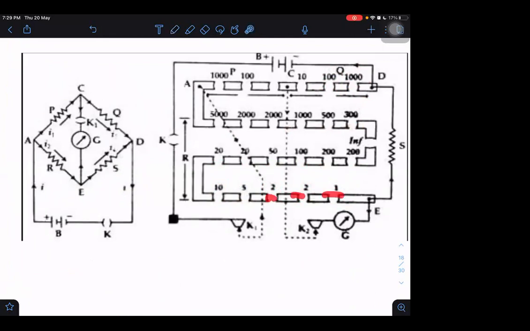Why do they give like this? If I want 3 ohm resistance, what will I do? I will activate this one and this one, and they are already in series, so it will become 3 ohm. Give me any resistance and I will be able to construct it. For example, I want to construct 33 ohm. How will I construct 33 ohm? 20, 10, that is 30, then 2, 32, then 1, 33.